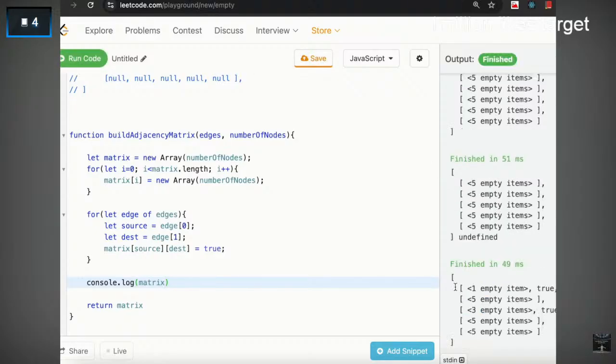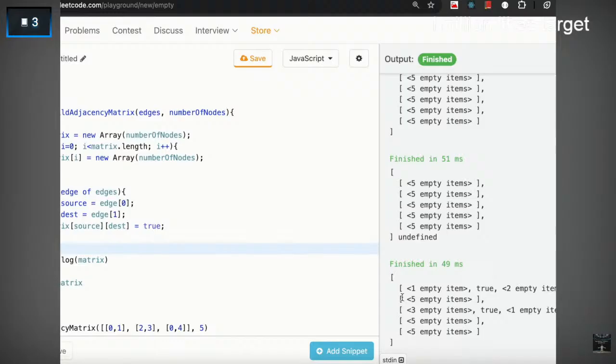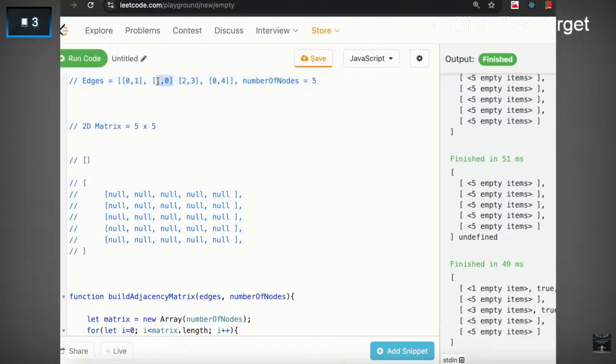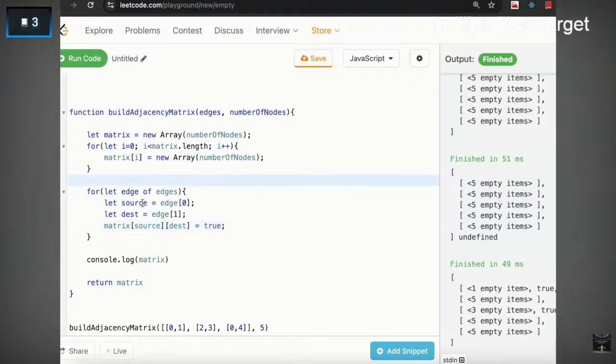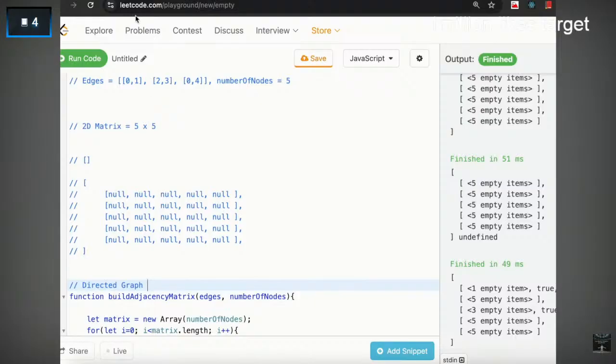तो let's now do this console.log(matrix)। अब हम इसे अगर run करेंगे तो आप देखोगे कि 0,1, राइट, इस पे true, 0,1 पे true है, 2,3 पे भी true होना चाहिए। तो 0, 1, 2, राइट, 2,3, राइट। तो ये देखो 3 items empty हैं, 4th item true है, बिल्कुल आपका सही representation है ये, ओके। तो इससे आपका एक 2D matrix representing a graph तैयार हो गया। Similarly अगर आपको ये undirected graph का representation होता तो आपको edges में ही 1,0 entry भी मिलता, जो कि नहीं है, जो कि चलेगा। आपको बिल्कुल जो input दिया है उसके हिसाब से graph बनाना है। तो हमारा ये graph तैयार हो गया है। ये देखो, ये हमने directed graph ही बना दिया, राइट। तो directed graph जैसा कि मैं बात कर रहा था कि reverse edge होना जरूरी नहीं है, आपको exact बताया रहेगा कि 0 और 1 के